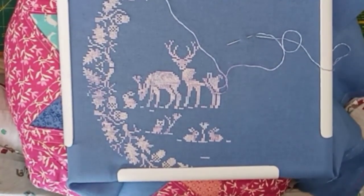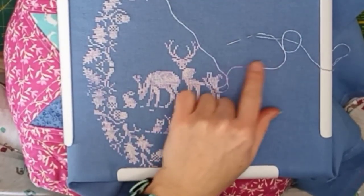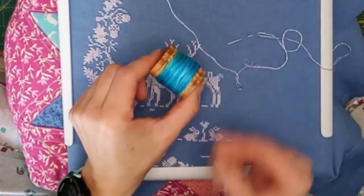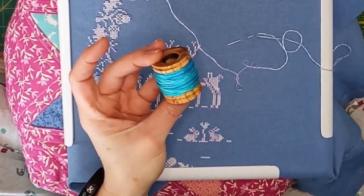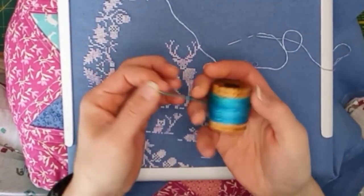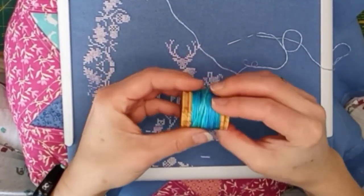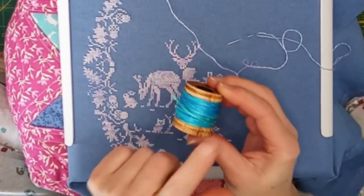If I'd need 1 strand of DMC, I use 1 strand of silk, and because I use the stranded silk, I've only ever used Mrs. Sadus. Oh look, there's that spool Robin made. I just wound that little ball of Mrs. Sadus onto it. Doesn't that look fun? I think that looks super lovely. That's the end, and I could just take a piece off that. I think that's pretty cool, because it was too small to put a small on, but it was small enough to put a little bit of silk. So I've only used Mrs. Sadus